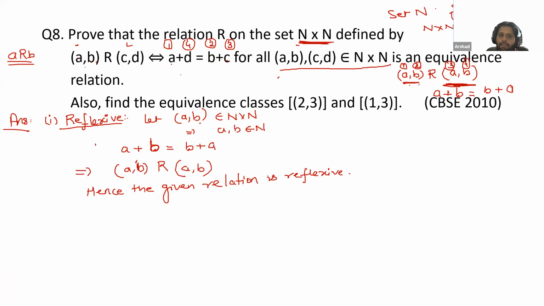So 1 is A. What is fourth in this, Abdul? What is the fourth value here? B. Okay, this is the fourth value. What is the second value? Again, B. What is the third value? A. This is clear? Yes, sir. Okay. As the given relation is reflexive,